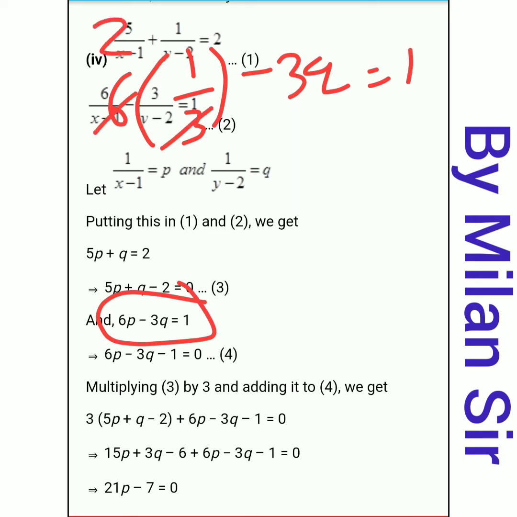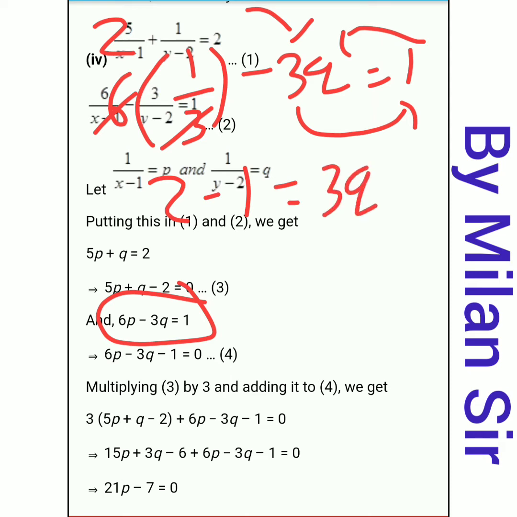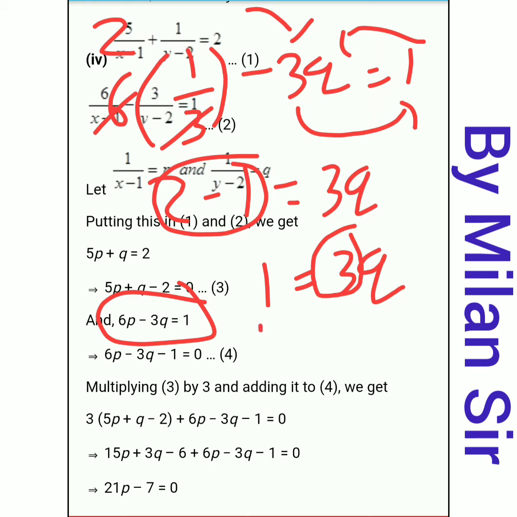Here my q is negative, but I want it positive, so transfer this 3q to the right hand side and 1 to the left hand side. So here 2 as it is. If we transfer plus 1 from the right hand side to the left hand side, it becomes minus 1, and if we transfer this 3q to the right hand side, it is plus 3q. Now 2 minus 1 is 1, so 1 is equal to 3q. Now transfer this 3 to the left hand side, it goes to the denominator. So q is equal to 1 by 3.